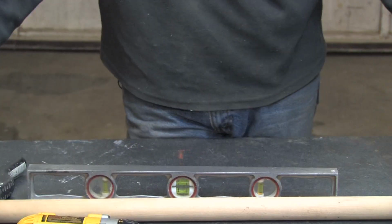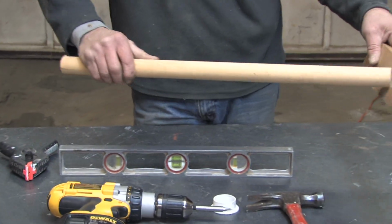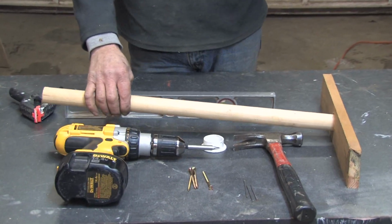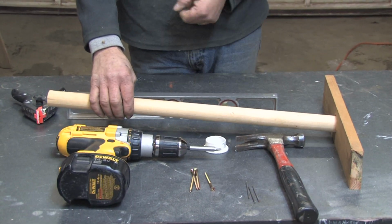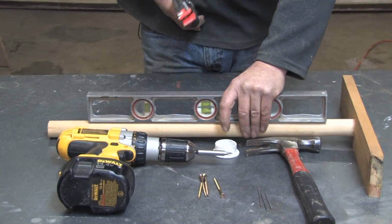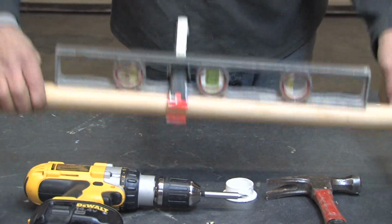And each one of these is going to be mounted inside the closet, mounting one side at a time. First mount this side, install your rod at the height that you want it at. Remember, make the rod high enough that the clothes aren't going to touch the ground below it. If you take a level and clamp it to the wood, it'll hold it in position. After mounting one side,